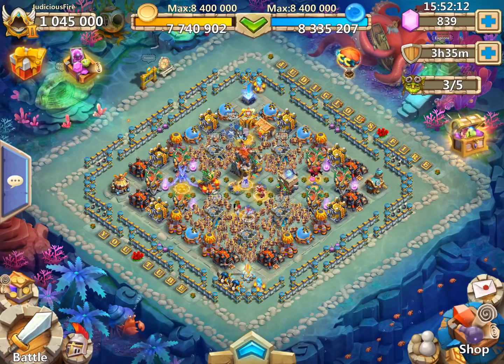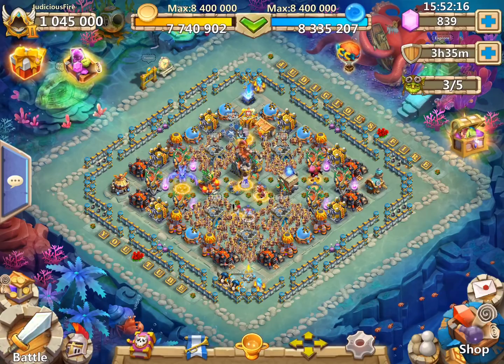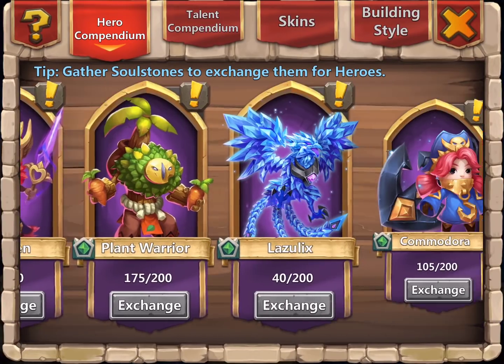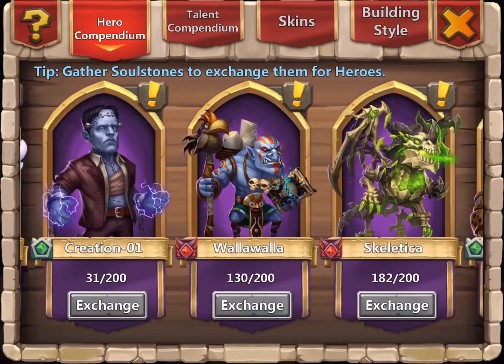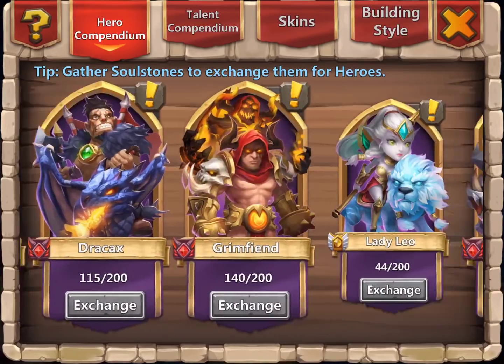This is the third installment in the series. We're looking at the entire hero compendium down at the blue tab, then the pink and yellow book. We're going through all of the heroes in the game in order of release. This is part 3. We left off last time with